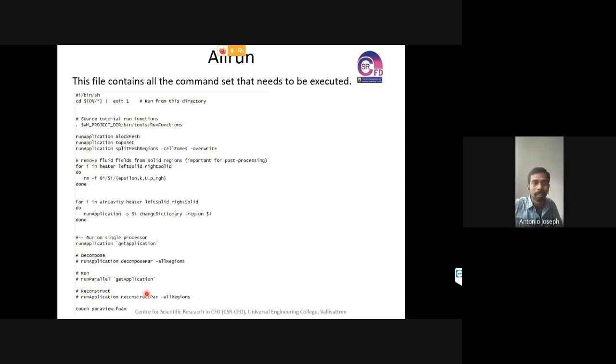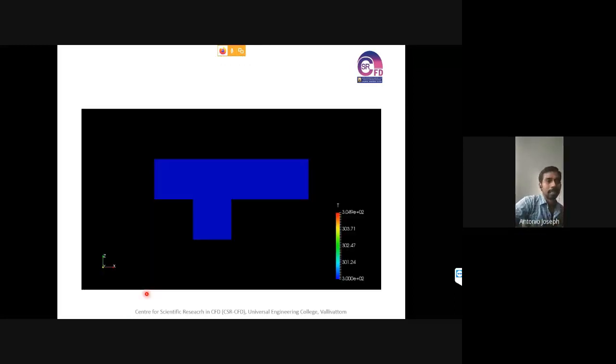That's fine. So at the end of all this process, we'll be getting a result file named paraview.foam. So we can execute the command paraview in order to open this file. This file can be touch x.foam also. Okay, x is the file name. That's all. There's nothing special about the file name. So that's it, and this is the result that we will be getting.